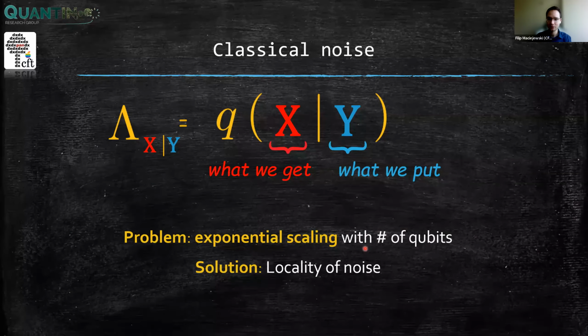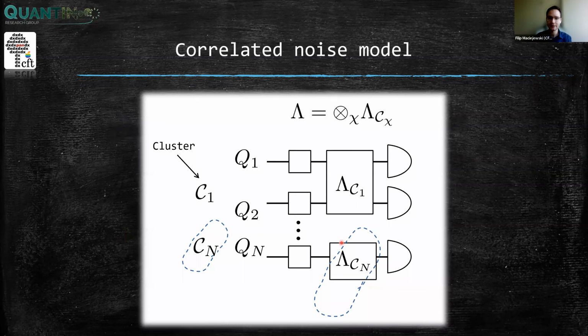But the possible solution that we look into in this project is to study noise models that are correlated but local. In what sense? In this setting, the global noise matrix, this lambda, that affects the whole noisy probability distribution on all of the qubits, is a tensor product of some local noise matrices acting on subsets of qubits. We call those subsets clusters, and this corresponds to a situation where some qubits are strongly correlated with each other, namely those qubits that belong to the same cluster, like for example here or here. At the same time, they are not correlated at all to other qubits.